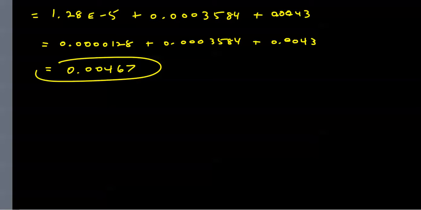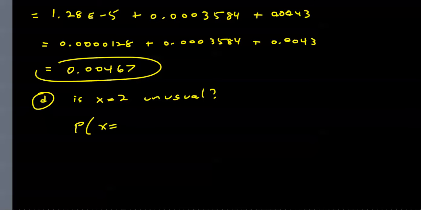Alright, let's look at part D. If we randomly select 7 adults, is 2 unusually low for those who watch primetime TV live? Let's grind this out. Is 2 unusual? Well, we have to find out the probability that X is 2. Again, we've already found that out. The probability that X is 2, from part A, was